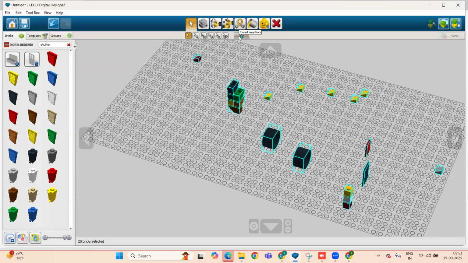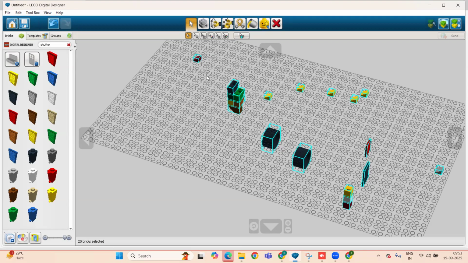So you can see whatever part is available, either color matching or shape matching, or a connected part or non-connected part, you can select all the parts together in one go. That is by the help of only invert selection.